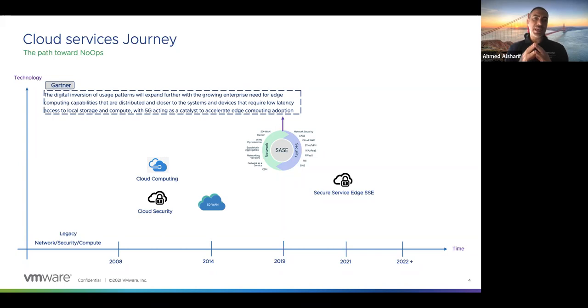Imagine you have 7 gig or 5 gig connectivity to the 5G tower. It doesn't make sense to send your traffic all the way to the internet, to the application, over less than that. So edge compute will be required to provide high-speed application performance to this person, by bringing the compute to the tower or closer to the user.